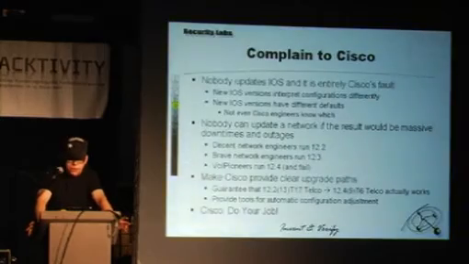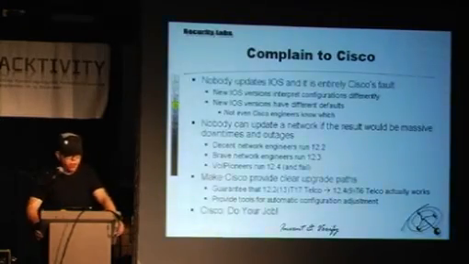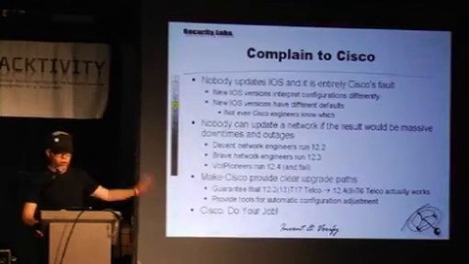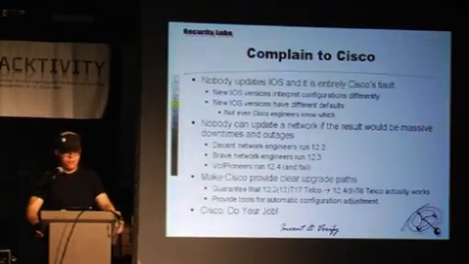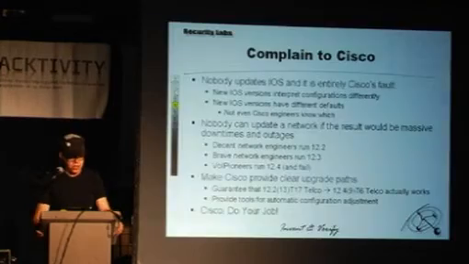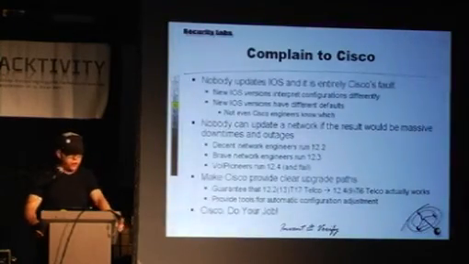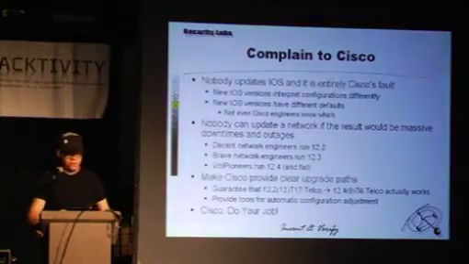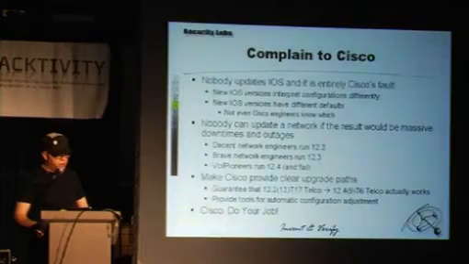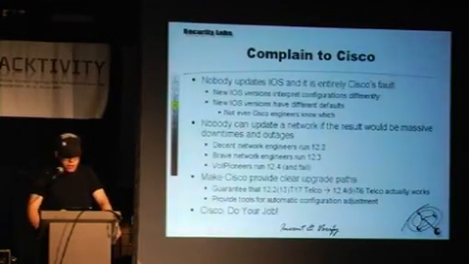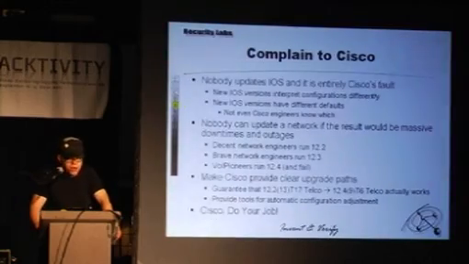The biggest problem with people not keeping their devices up to date is that once you change the iOS version, you upgrade it, you use a new one, your configuration is not going to work anymore. I don't know how fucked up that is, but that's the reality. Also, the stuff is everything but stable, so everyone who knows how to run a network runs a very old version of iOS. Everyone who doesn't know how to run a network has a very recent version of iOS, and that provides job safety. So yes, go ahead, complain to Cisco. Maybe they will listen to their customer at some point.